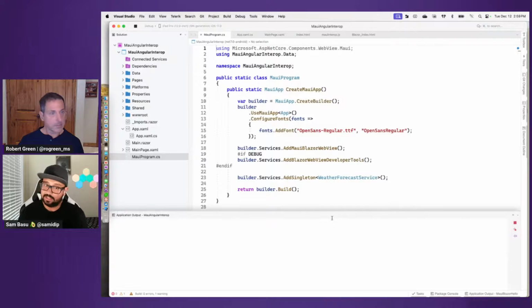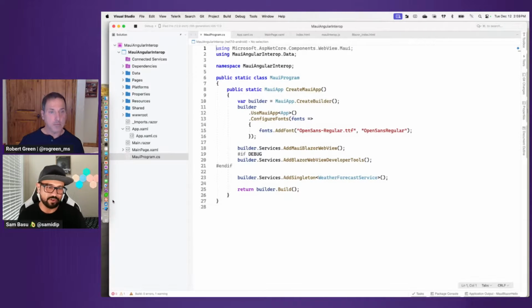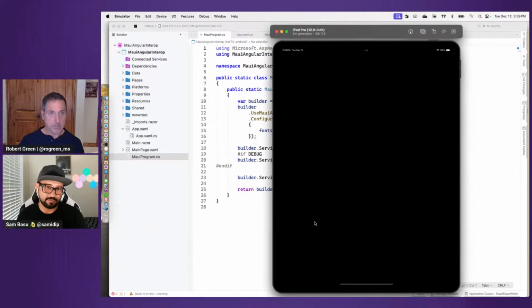But if you look at the last 10 years of how we have built modern web apps, there are lots of enterprises who do Angular, right? Or who do React. And if Blazor is now suddenly welcome, why wouldn't those folks be welcome to bring some of their investments over to mobile and desktop? So the answer is yes, because that web view doesn't actually care what you bring in. It's happy to render any type of web UI. So it's spinning still, and it's trying to deploy.